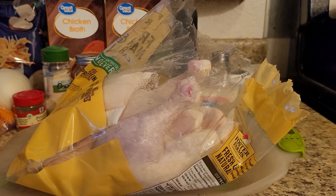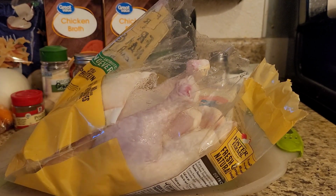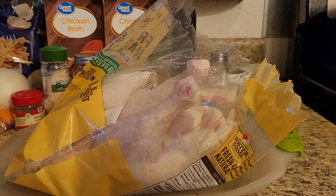I'm going to do my chicken in the oven at 350 degrees. I'll season it all up. I'll tell you the spices and seasonings I'm going to use in the oven. I use a stick and a half of real butter. I use real garlic. I use poultry seasoning. I use thyme. I use rosemary. And